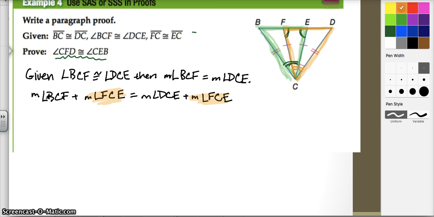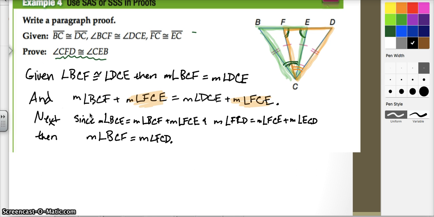And then I can prove these triangles that I'm talking about and get the little things that I want to get. So if I say that this plus this is equal to this plus this, that's just from the addition property of equality, because I can add the same thing to both sides of an equation. The next thing that I want to do is point out, okay, so this is weirdly written, but I'm going to go for it. Since the measure of angle BCE is equal to the sum of this guy, and the measure of angle FCD, that's this part, is equal to this angle plus this angle, and we just said that the sum of those two angles are equivalent, we can therefore say that